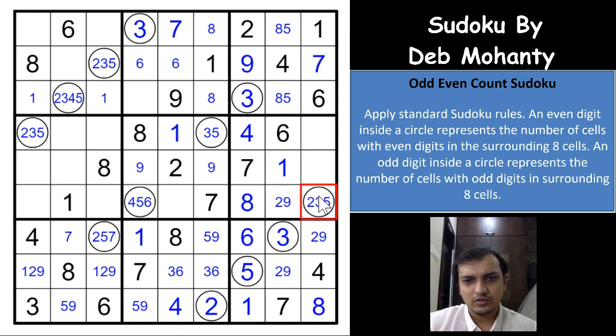So 1 7 5. Okay, 3 and 9 is possible. 2 is not possible. Okay, you cannot have a 2 here as well, guys. Superb. Very narrow to see. Really difficult one. If you have a 2 here, you'll have a 9 here. Both of these digits will have to be 9. If you have a 2 here, then you won't be able to place 2 even digits here, because all the 4 digits would be odd here, which means this cannot be 2. It has to be 3 and 5.